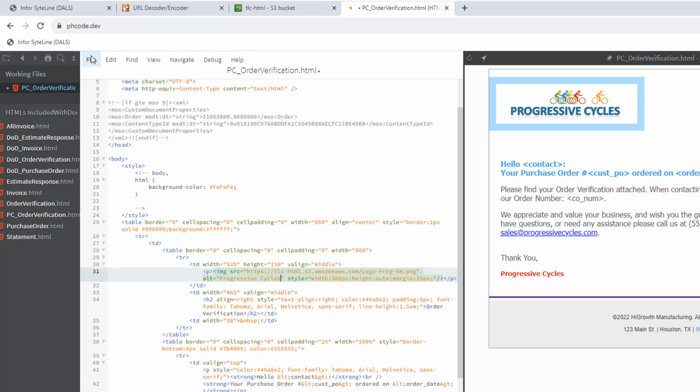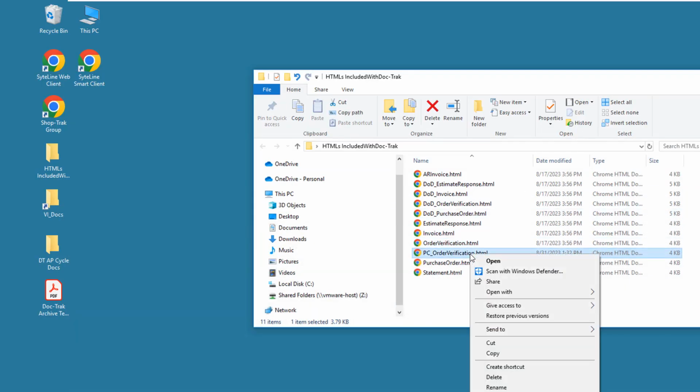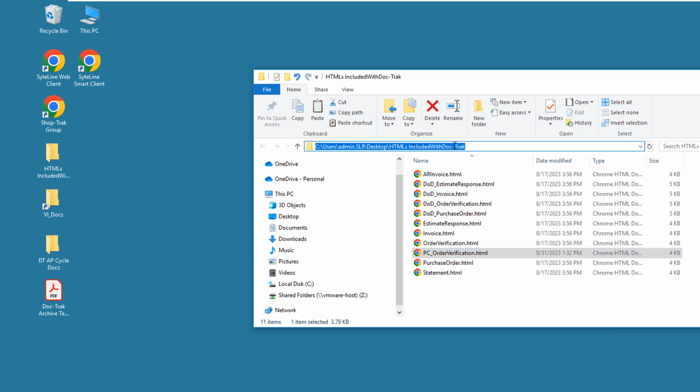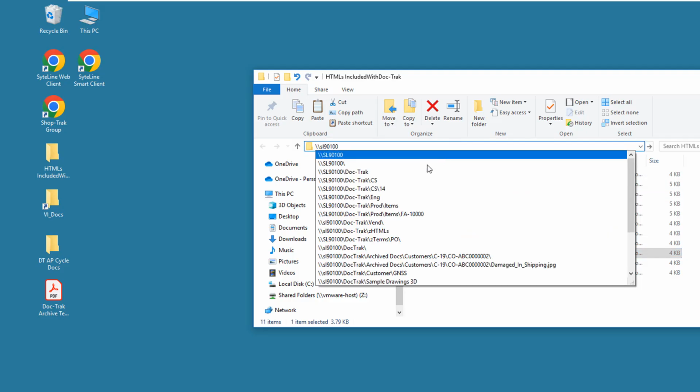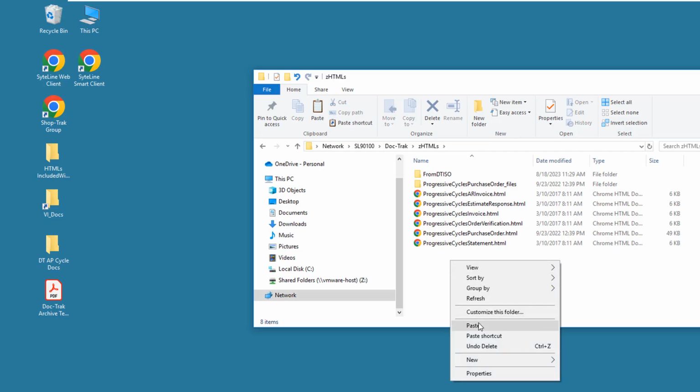Okay, let's save this and try it out. I'll copy this new one and paste it to the folder with our completed HTMLs in our DocTrack archive.